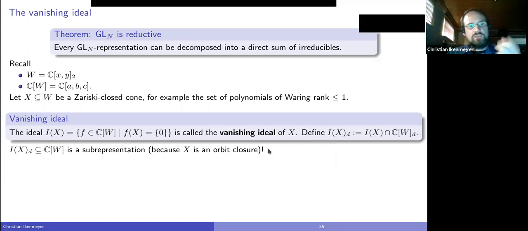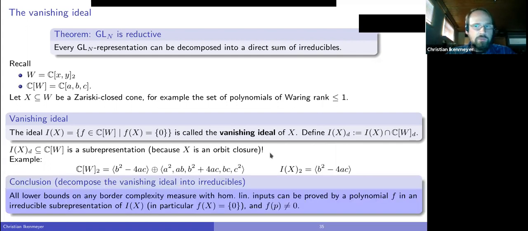And so the vanishing ideal is a subrepresentation, and that's crucial because we are dealing here with orbit closures. The vanishing ideal will always be a subrepresentation, and that's amazing because this means our vanishing ideal is a representation. We can decompose it into irreducibles, right? For example,